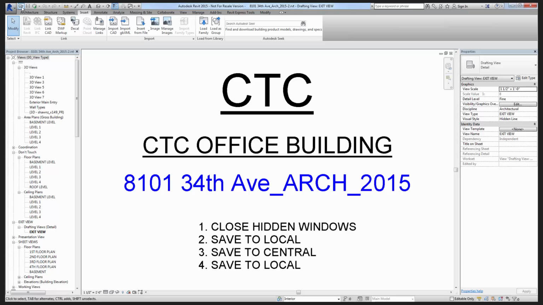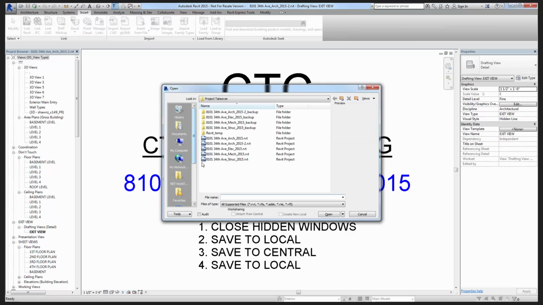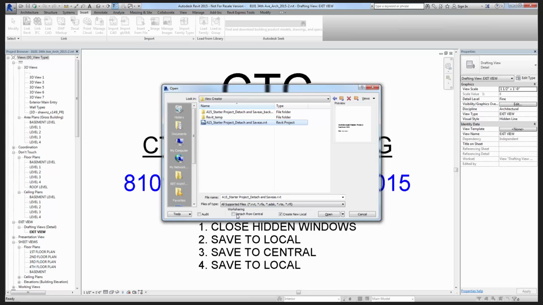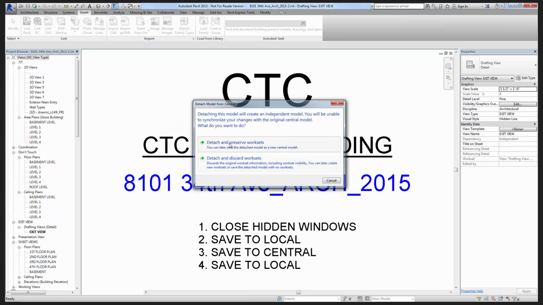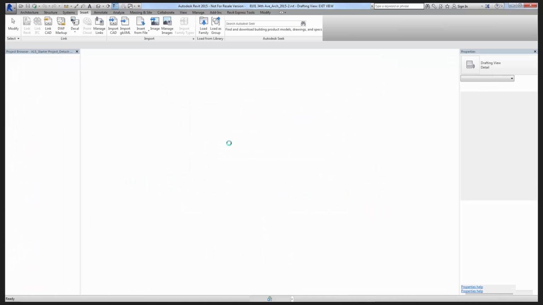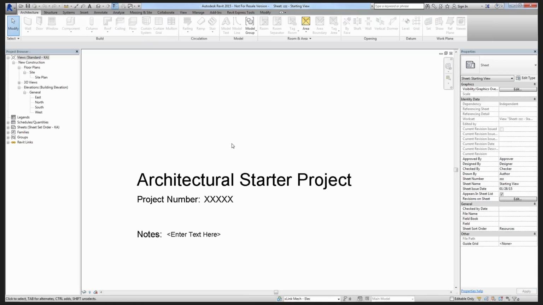To do transfer project standards, I'm going to open up one of my traditional templates that I would normally use. So in my Revit workflows here, I have a template file that I like to play with. So I'm going to go ahead and use this template file right here. I'm going to open it detached just so I don't accidentally change anything inside of it. So I'm going to go ahead and open that up. I'll detach and preserve its worksets. And I'm going to use this as the template from which I'll be transferring my standards into my new assumed